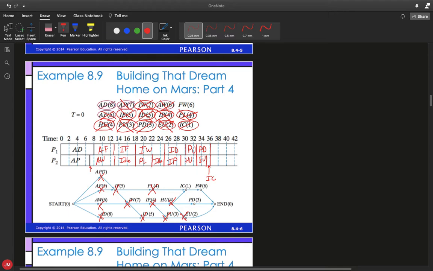Now, at time 36, IC1 has just finished, as has PD3. That leaves us with just one task that's left, which is FW6. Since both processors are currently idle, it does not matter which one we assign it to. Let's just go ahead and assign it to our first processor. And that won't be finished until 42. Since there are no other tasks, processor 2 is going to sit idle for the last 6 hours, and then